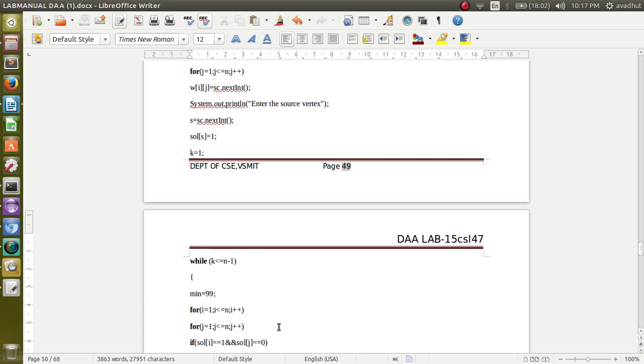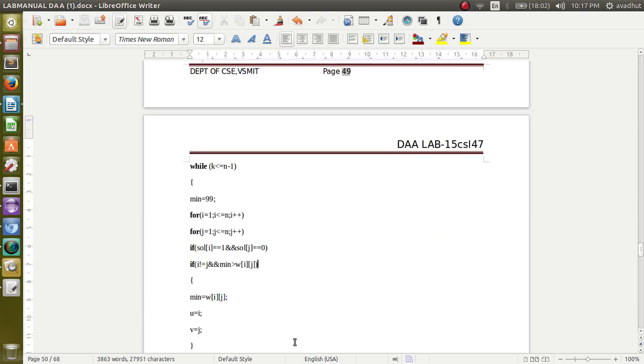So here also we are taking the minimum value as 99, then checking whether the solution is 1 or 0. When we are checking here, solution is 1 means it is visited, solution of 0 means it is not visited. Then after that, if that condition is true, means if we are from the source vertex to the next vertex, if we have not visited, then if this condition is true, we are checking the